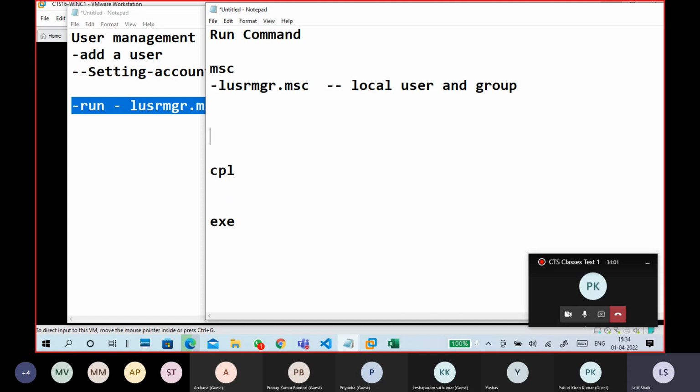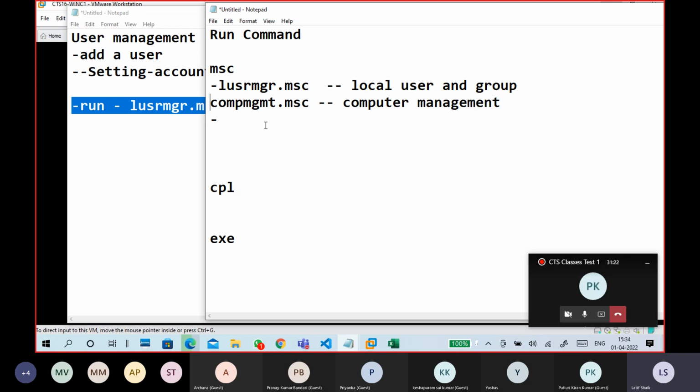So this is open directory. Next, compmgmt.msc, computer management. Okay, so you will get a different type of console. You have to open and observe what you got.